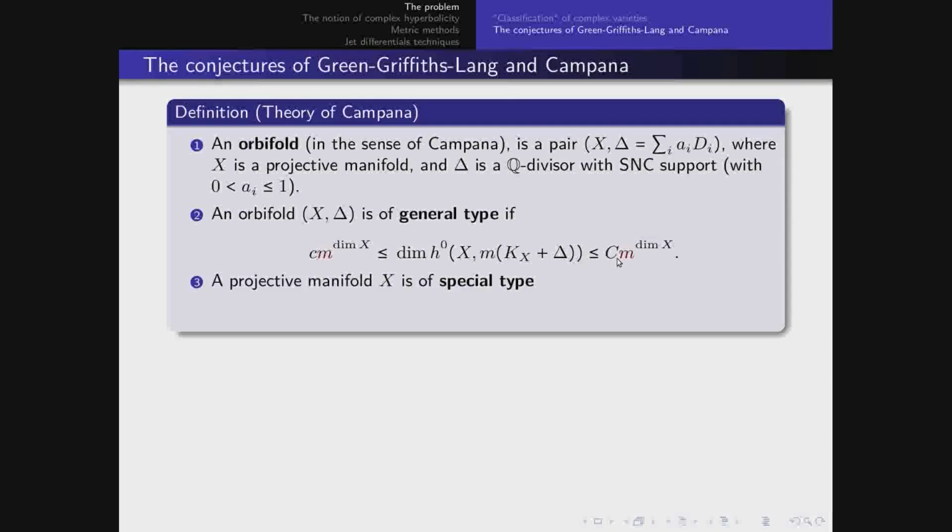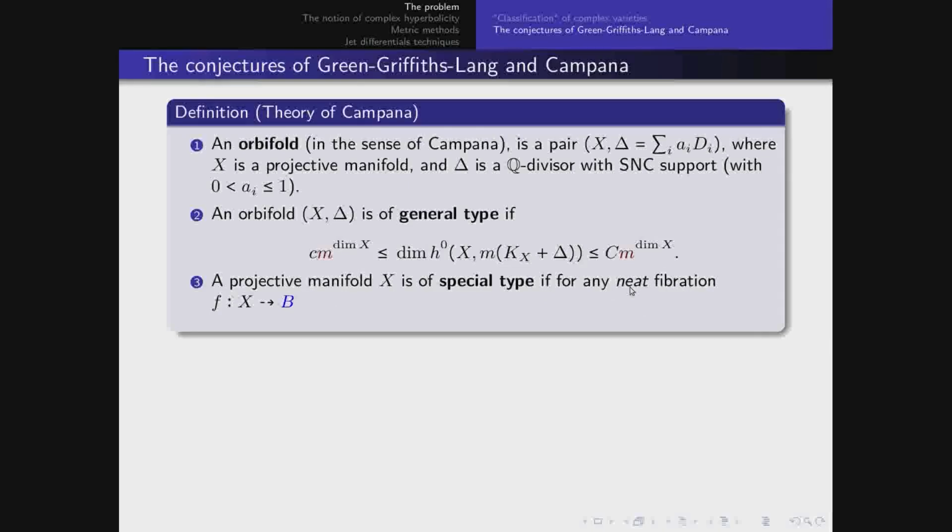And opposed to orbifolds of general type, we have a notion of orbifolds of special type. So I will just state it for manifolds here. So morally, we say that a projective manifold is of special type if it doesn't admit any fibration above an orbifold of general type. So I will not be able to give you the full details of the definition, but maybe just let me state it anyway. So we say that a projective manifold is of special type if for any fibration above a base B, which satisfies some technical assumption which allows us to call this fibration neat,